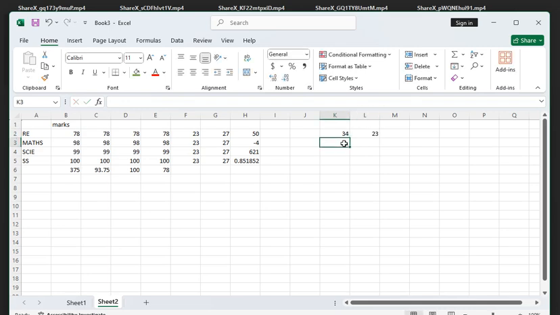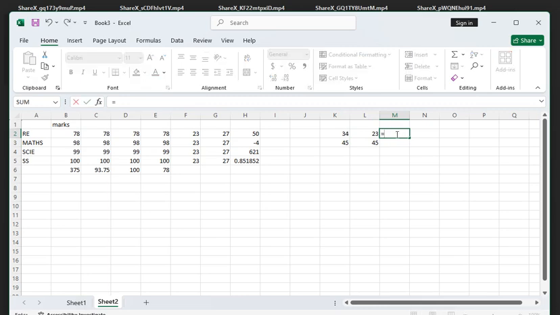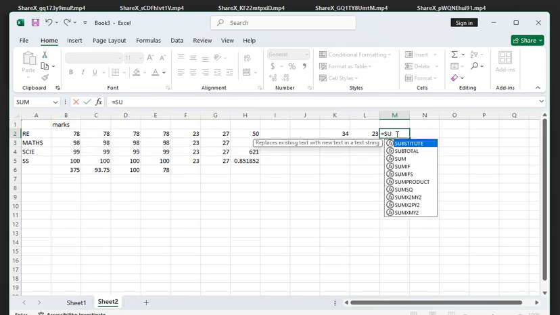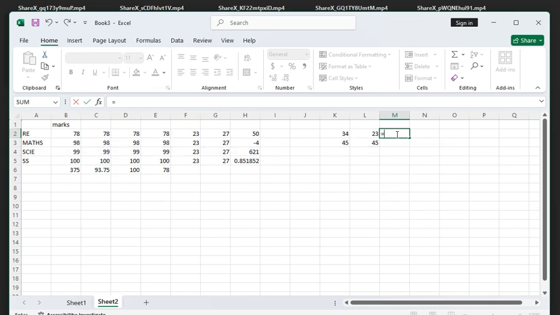Here, let me put 45. Here, let me put also 45. Now, if you want to add the 34 plus, as usual, you use equals sum. So we are autofilling the formula. So it's equals this one, K2, plus